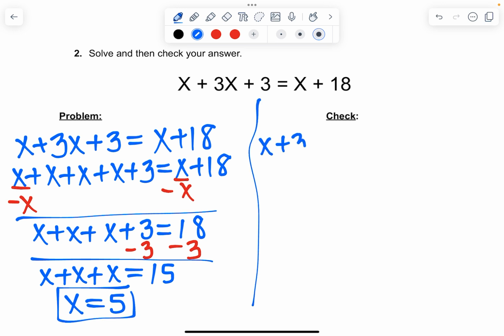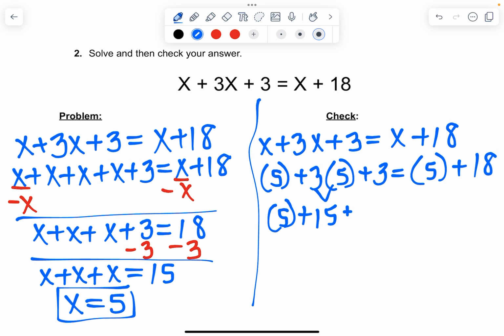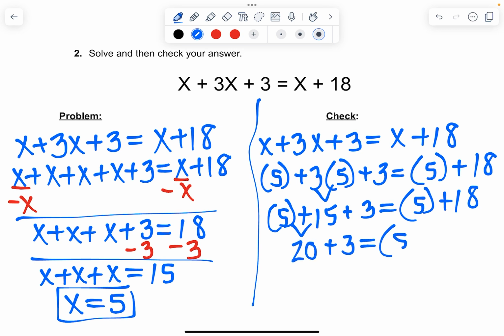Again, the original problem. Take out my x, put in my 5. Multiply from left to right. So I'm going to pick up my 15. Okay, now add and subtract from left to right. And I get 23